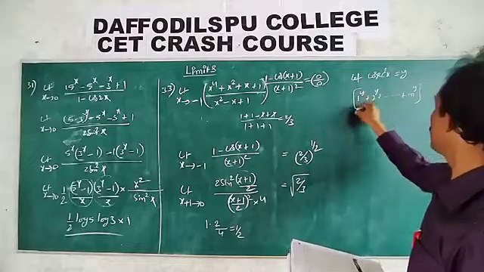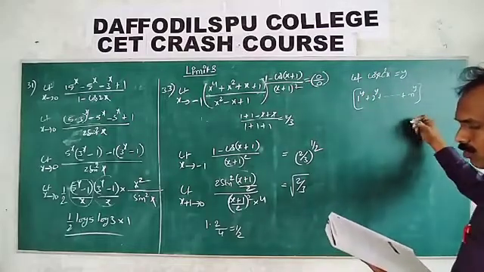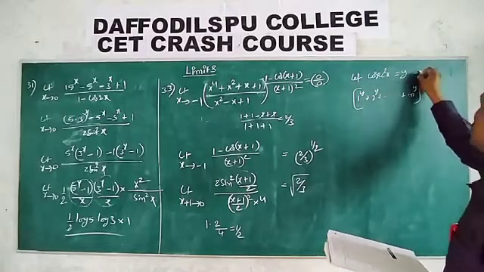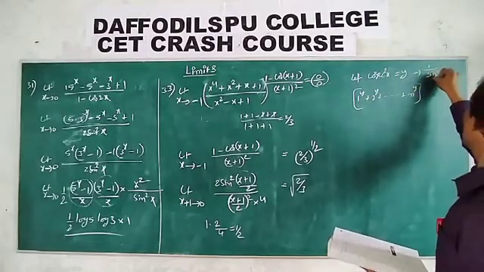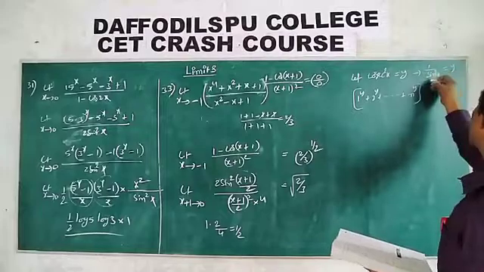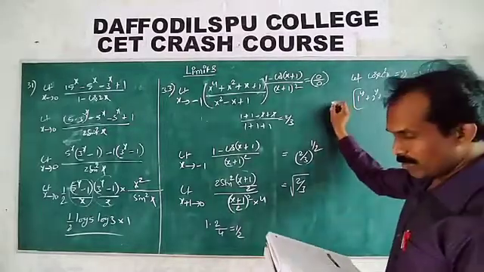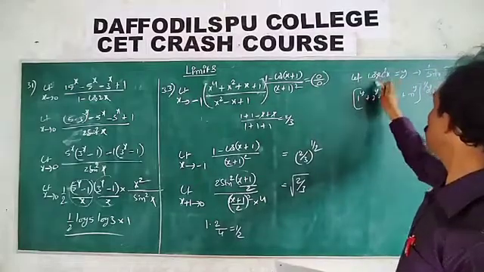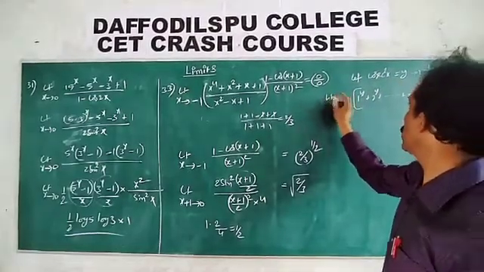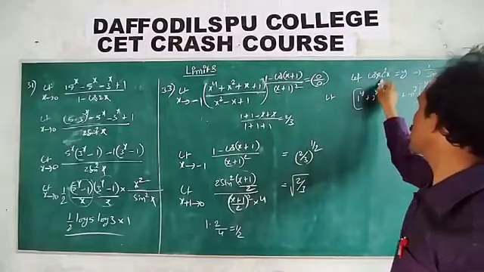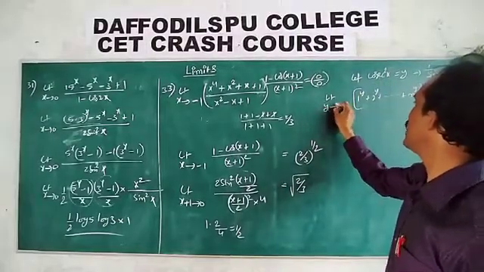n power y. So cosecant square x is equal to y means 1 by sin square x is equal to y. Sin square x is equal to 1 by y. So that implies as x tends to 0, cosecant square x tends to infinity also. What happened? Cosecant square x tends to infinity, that implies y tends to infinity.